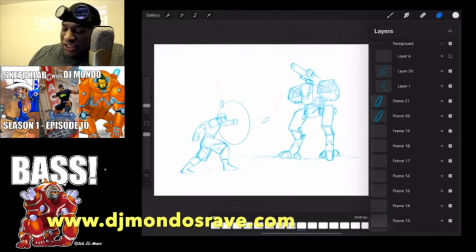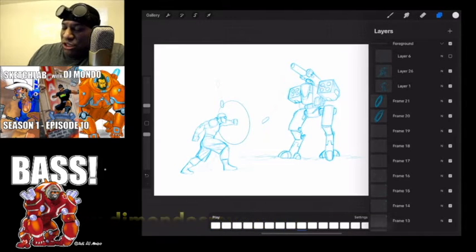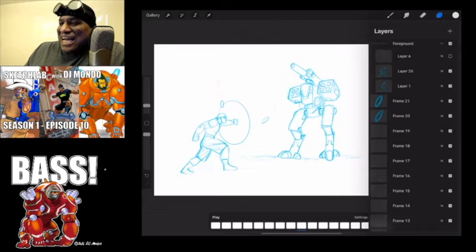It gives you the ability to put a foreground, a background, and then animate all of the frames in between. Again, not as extensive features as some of the other applications like Clip Studio Paint or Clip Studio Pro, but you can do animated GIFs and things like that with it if you know what you're doing. Again, I'm pretty new at animation, but I at least managed to make this little wonky animation here